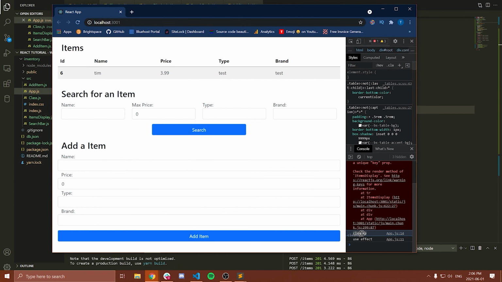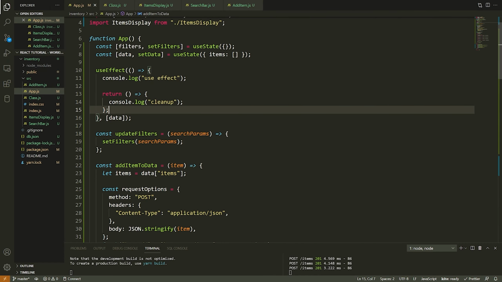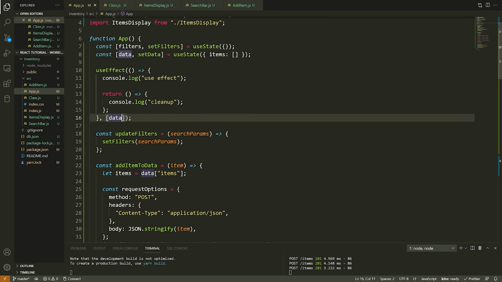You can see cleanup is running before the next useEffect runs. And well, that's the idea behind this. Hopefully that's kind of clear, but that is what happens inside of useEffect. I understand it's a bit complicated, but you're going to clean up the previous effect before you run the next effect when it is running. Okay, so that is useEffect. And again, the dependency list, you're only going to run this when whatever you put inside of here, and you could put multiple things, are changed. So now maybe I put data and filters.